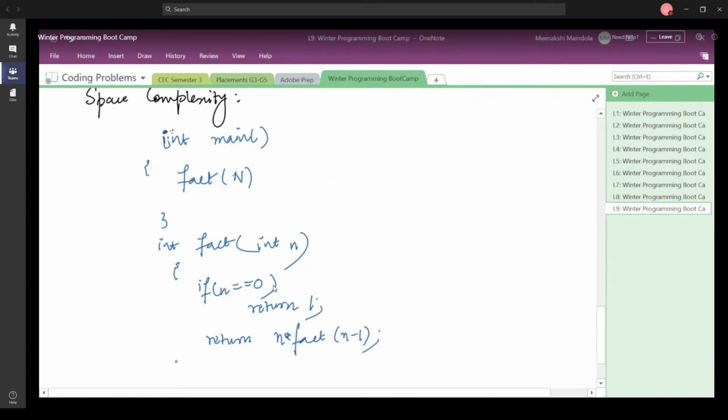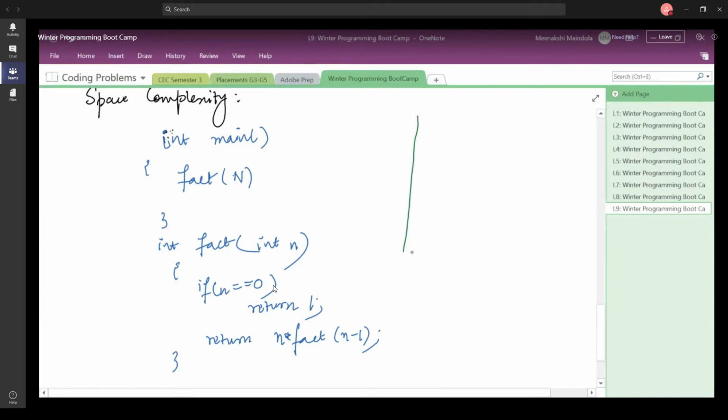So please note, we are talking about the space complexity now. We have already seen that it is going to take up order of n time complexity. Let us look at the space complexity that this piece of code is going to take up. So we say every time a function is called, it is going to take up some space on the stack and store its local variables along with the pointers. So similarly, if you are calling this main function, initially when you start your program with the main function, say for example,